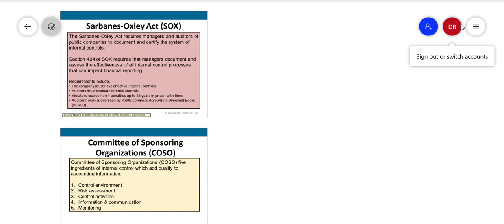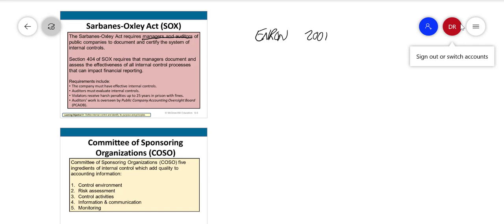So one of the big issues in accounting goes back to the Enron scandal of 2001. Enron was a large energy company in Texas that went bankrupt because they had a lot of off-balance sheet debt and obligations that they were not reporting. Basically, as a result of this Enron collapse and the financial disaster that followed it, a law was passed in Congress that required auditors and managers, basically the public accounting auditors and the managers in the company, they both have to certify